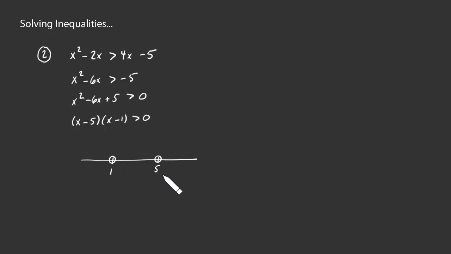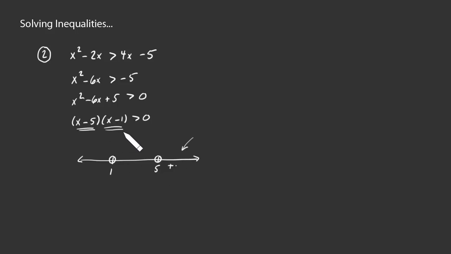But notice, by placing these on the number line, I have broken the number line into 3 separate regions. Now, let's consider any point, say in this region here, from 5 to positive infinity. Any number I put in there, if I'm bigger than 5, what's the sign of that factor? 6 minus 5, that'd be positive 1. 5.3 minus 5 would be positive 0.3. A million minus 5 is certainly still positive. So we have a positive factor there,